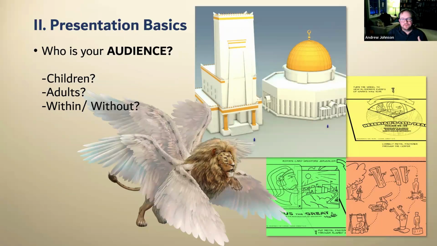All right. Another part of this that's worth considering is who your audience is, because your audience also has different needs, right? If you're talking to an audience of children, it's different than an audience of adults. And if you're talking to people that are within the body of Christadelphia, or those that are without the body of Christadelphia, those needs are also different. So what sort of visual is going to give you the clearest answer for whatever concept it is that you're trying to communicate?